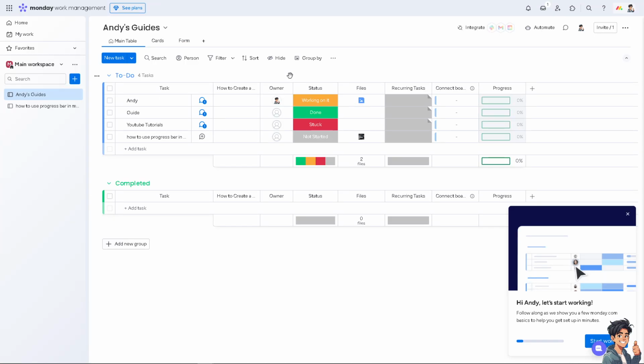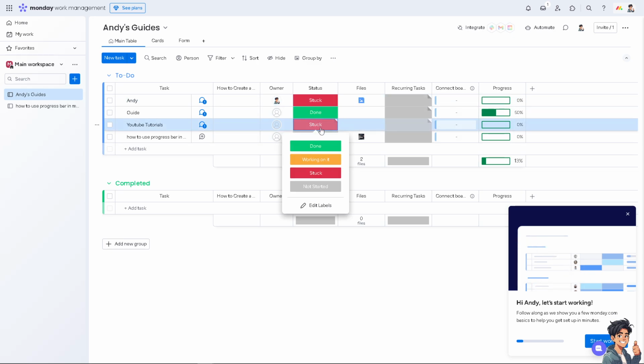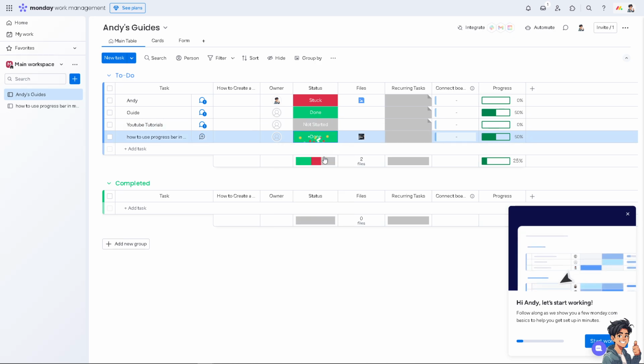Add to board. You see, there's going to be progress like 0%, because when you click on this one, for example, I put in stuck, it's 0. This one is maybe not started yet, and click on done. It shows the level, right, of where we're at, because progress bars make it easier to track progress over time